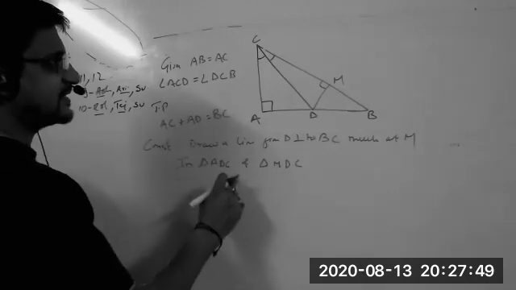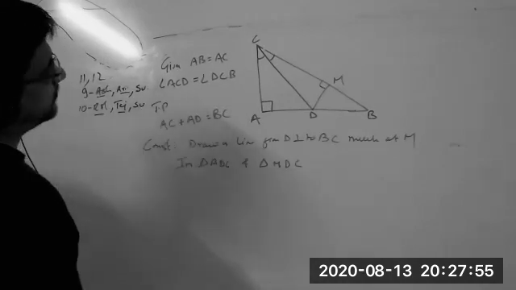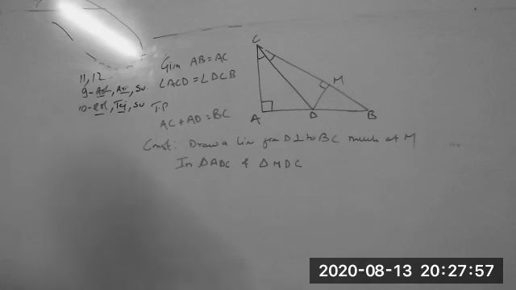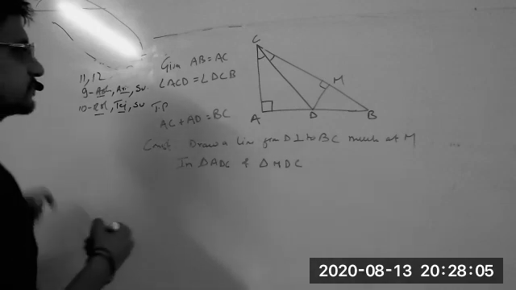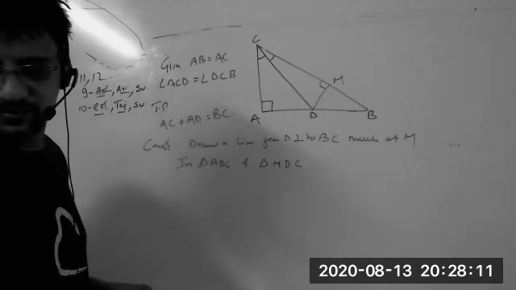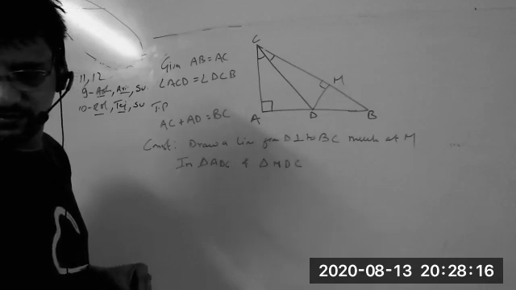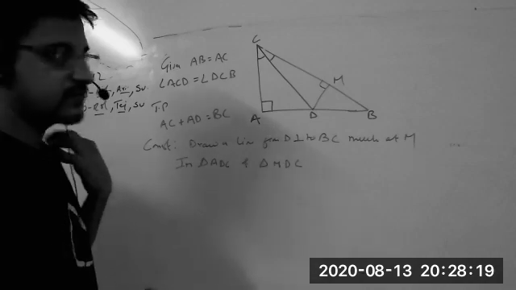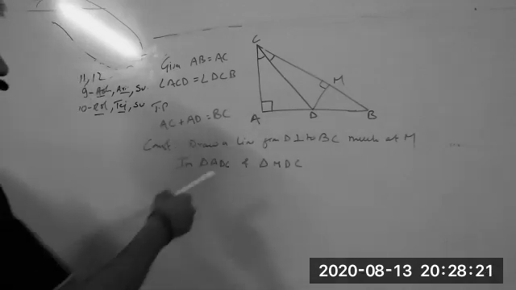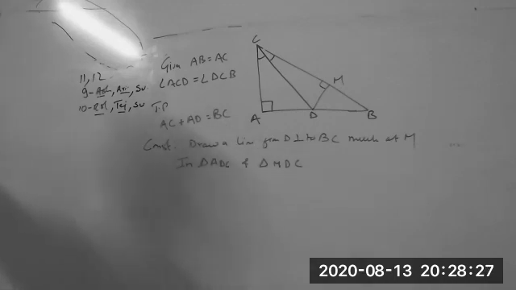In triangle ADC and MDC, what all things are equal, Vijay? Can we prove these two triangles congruent? Sir, can you hear me? Yes, Ashish, I can hear you. You do your work, let me finish this one. Sir, for the past 15 minutes I had to log out because my laptop froze. Okay. Yes, Vijay. These two triangles you have to prove congruent. Tell me how to do it.